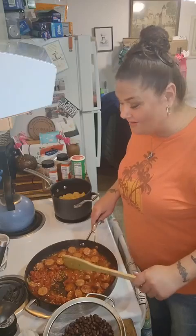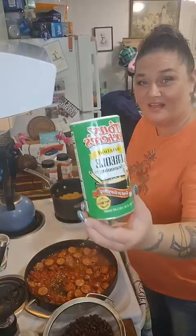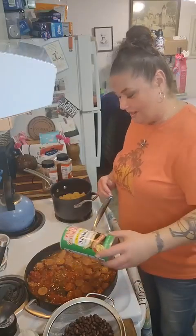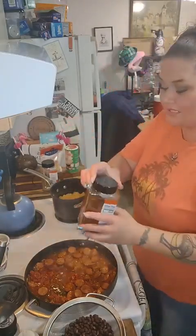But I'm going to come in with some other spices because I figured if I was changing most of the recipe, I might as well change it all. So I'm going with the Tonys, and again, not going to slaughter the last name. I've tried to look it up. I still can't. Going until my heart feels good. If you don't have this, that's okay. We're just throwing in some spices here. I'm going to go in with some chili powder